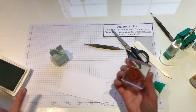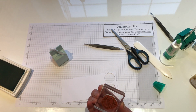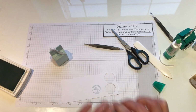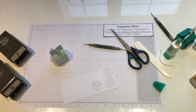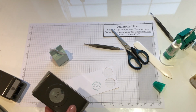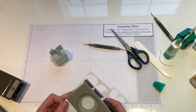So, ink up. I'm checking my stamp just to make sure I haven't got too much ink around the edges. Stamp. And then you're going to be using the coordinating, oh actually no you're not, you're going to be using the, let's grab them all in, you'll need 3 punches. And the one I'm going to use to punch this out, it coordinates with the 1 1/4 inch circle punch. So I'm just going to punch out